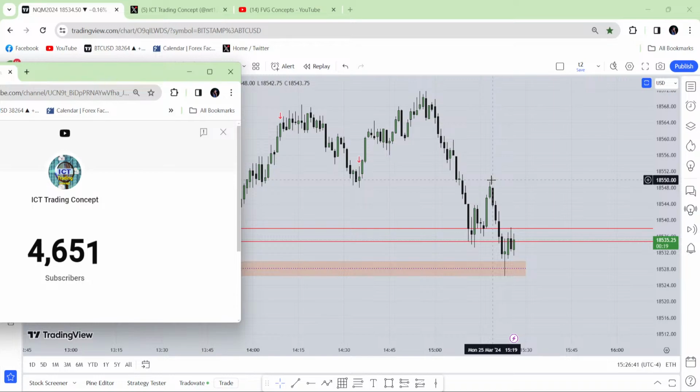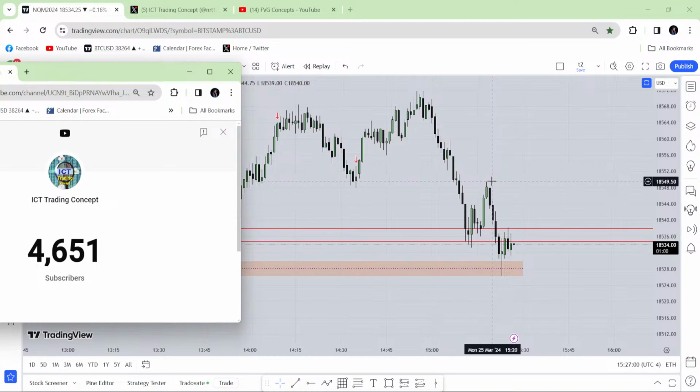5 minute breaker short. I'm not going to the 5 minute chart. Is it valid for breaker block? No, it's not valid for breaker block now. 15 minute fair value gap fully filled. That's perfect, I'm happy to see that, but it's not valid. I mean, the 15 minute fair value gap is not related with the 1 minute breaker block.